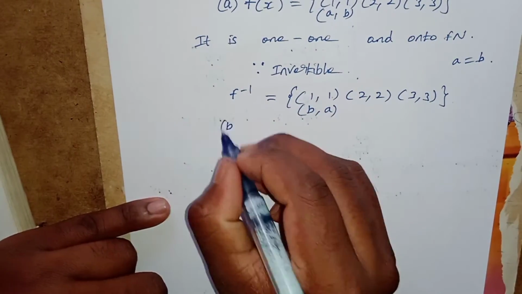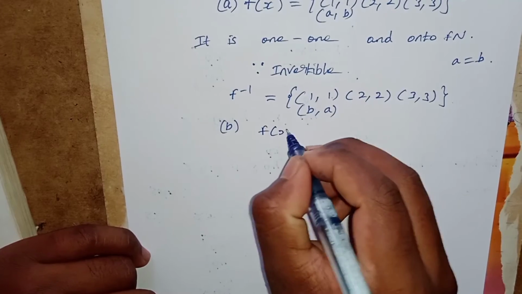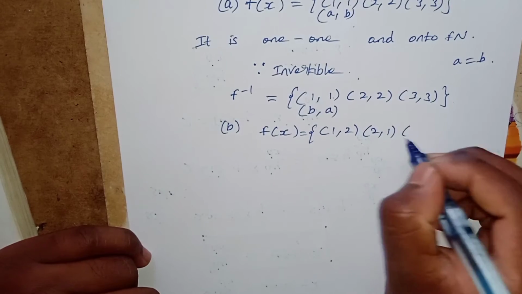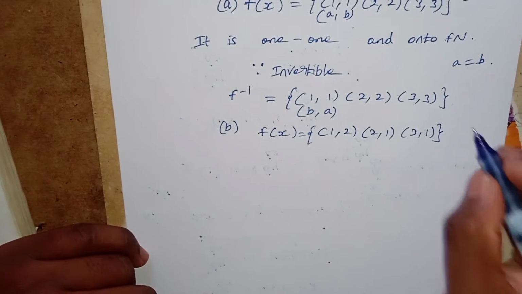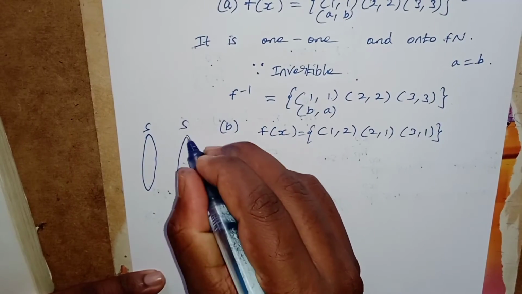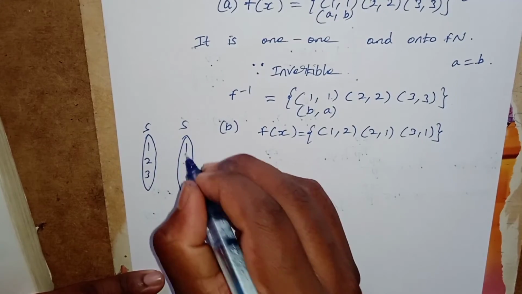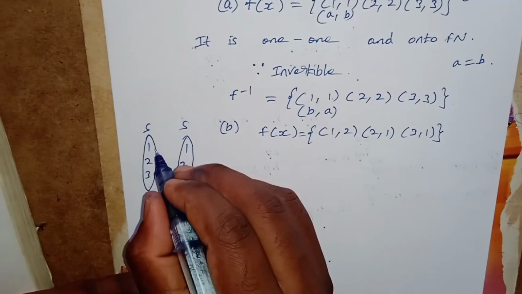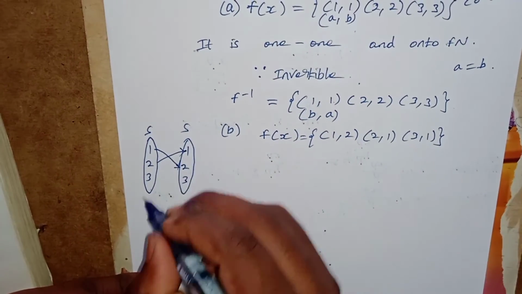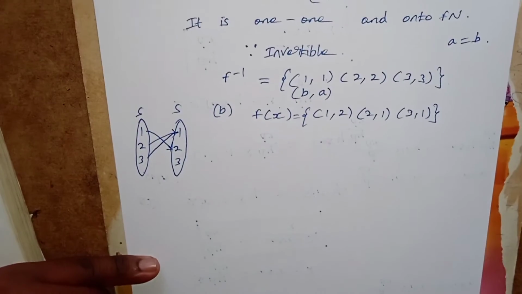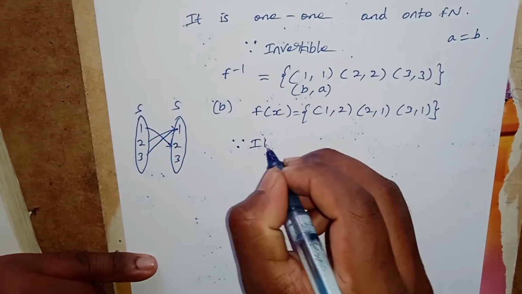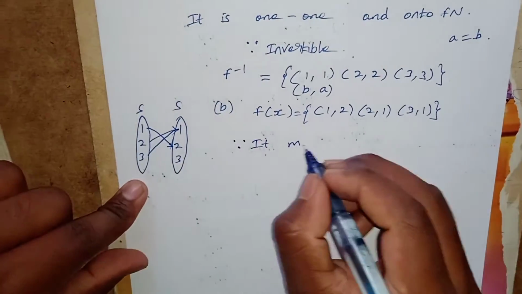Okay, here I am taking the second case. f of x is equal to {(1, 2), (2, 1), (3, 1)}. Okay, here I am writing set S and set S. 1, 2, 3. Again here 1, 2, 3. 1 is related to 2. Okay, again 2 is related to 1, 3 is related to 1. Okay, here it is clearly a many to one function,